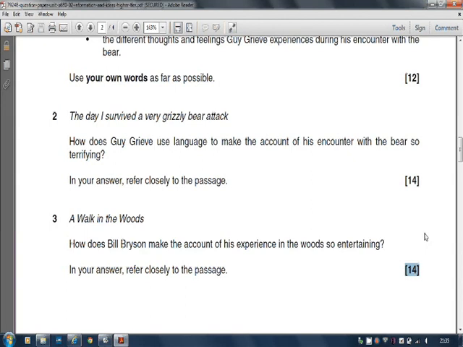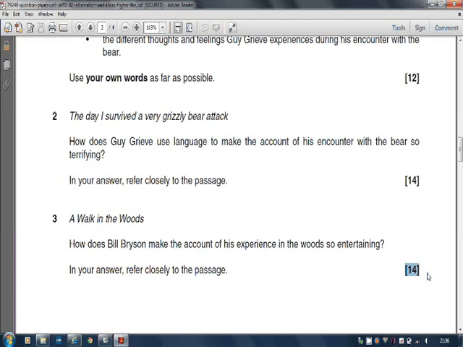So what do I do with my extra 10 minutes? Well, it may be that my explanations aren't full enough for question 2 or question 3, and I go back to them. So that's one possibility. A second possibility is that I know I've got an extra 10 minutes at the end, so when I've got to the end of my 18 minutes here, I can give myself an extra 3. And when I've got to the end of my 21 minutes here, I can give myself an extra 3, and when I've got to the end of my 21 minutes here, I can give myself an extra 3, and that will total 9 minutes, and then I'm ready.